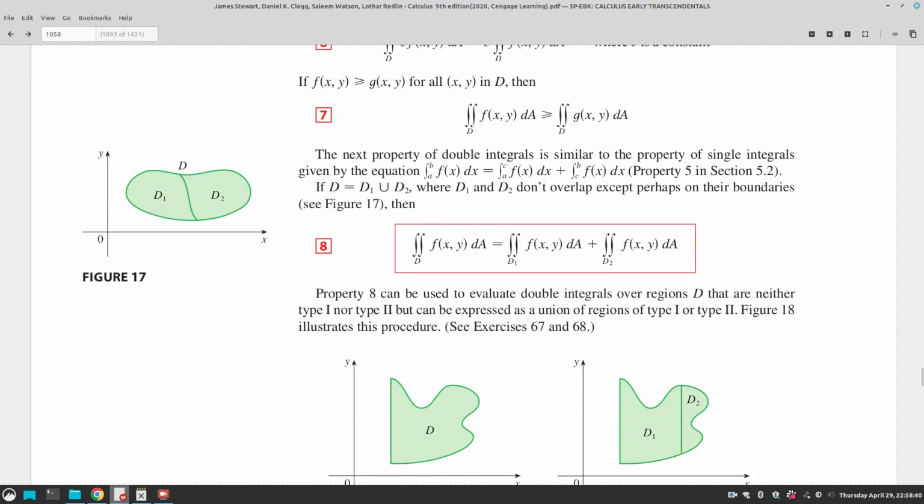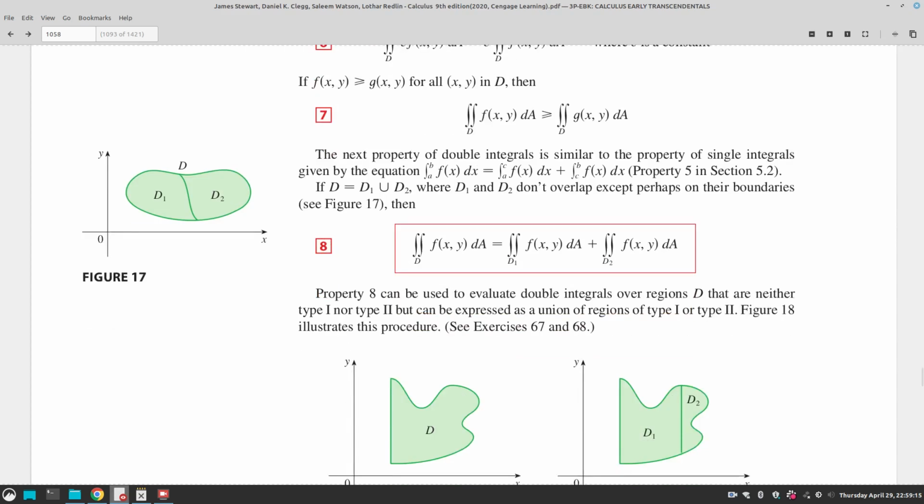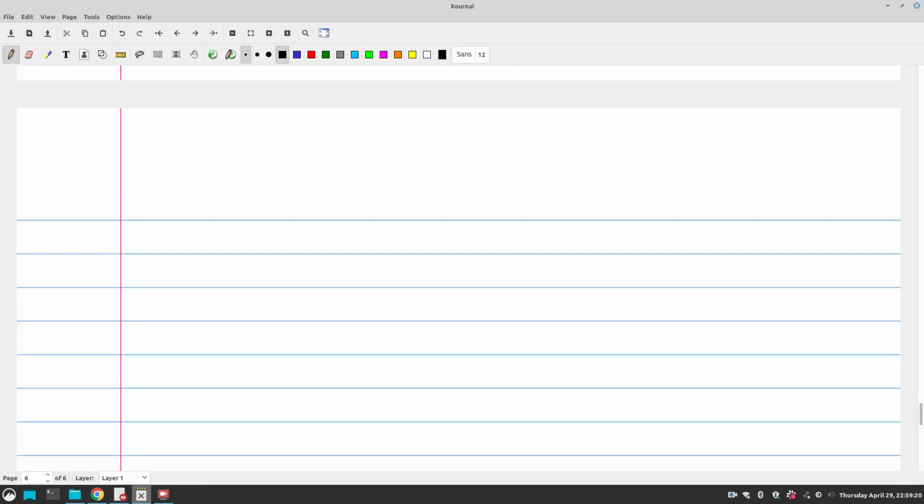And of course you have certain properties of double integrals that I expect you to be able to deduce. So the first property is that the integral of a sum of functions is equal to the sum of the integrals. These are things you can derive from Riemann sum definitions, right? And then if you multiply a function by a constant and integrate it, that is equal to the constant times the integration of the function. And this next property, property 8, tells you that if you have